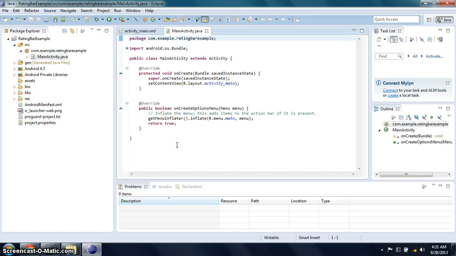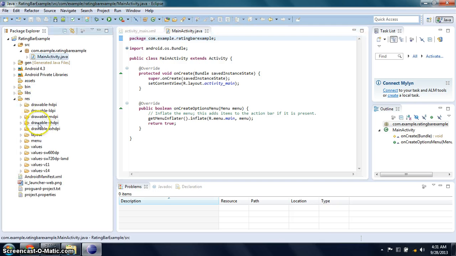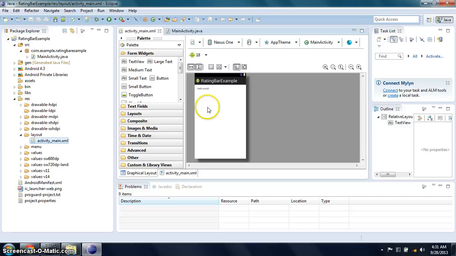So to create a rating bar, choose res, then layout, then activity main. So this is the graphical layout of the rating bar.